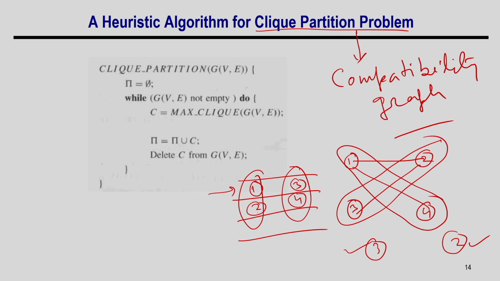Let me explain this. This is my top level algorithm. I am given this complement graph and I find a maximum clique. From that clique, I remove all the nodes that are part of it from the graph, and for the rest of the graph I do the same thing until my graph becomes empty. This is the overall top level algorithm. The important problem is how to find the max clique.